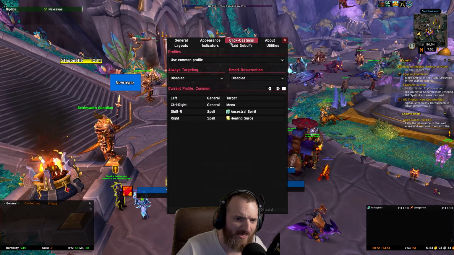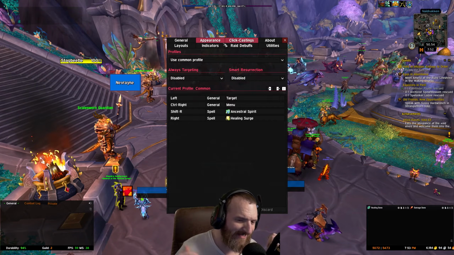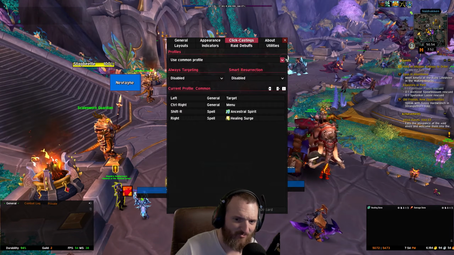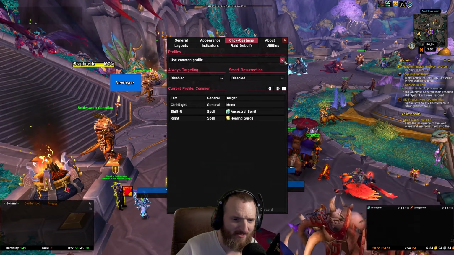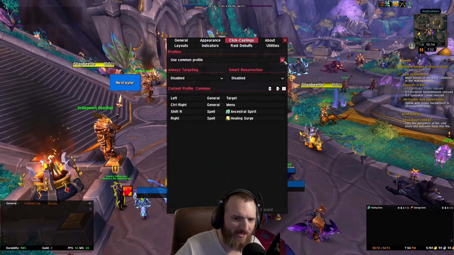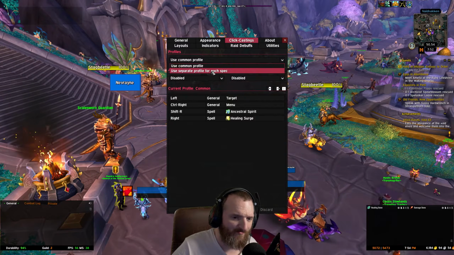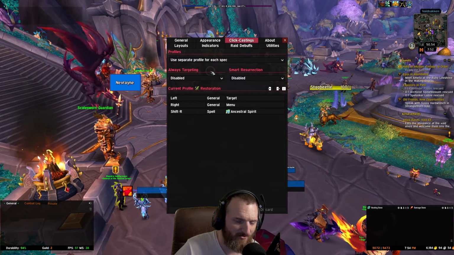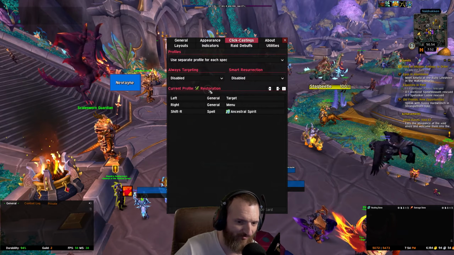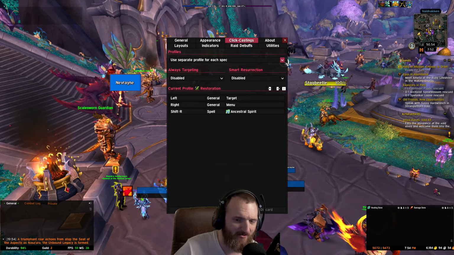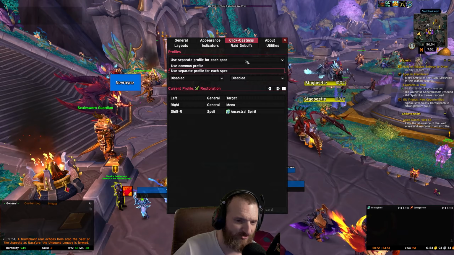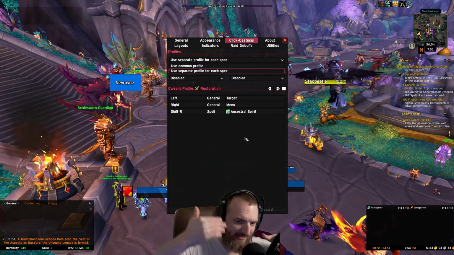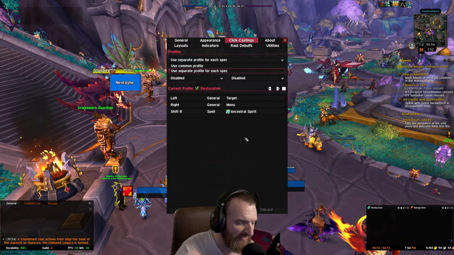Oh, here we go. Click casting. So I guess the profile is only for the casting stuff. I'm pretty certain. Okay. Now, what's kind of cool too is you can use a different profile for different specs, right? So this is the current profile for restoration. And then if you switched over to elemental, then it would have a different click casting profile for elemental, which